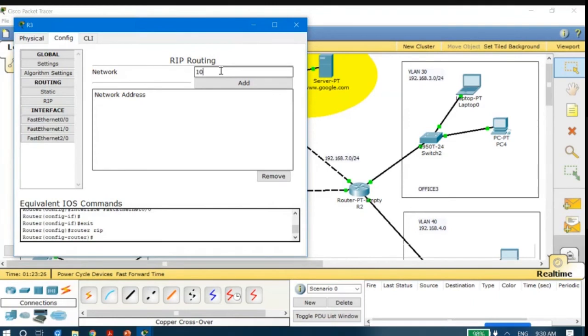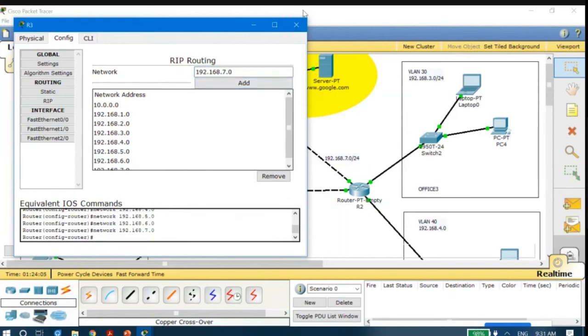Here I will assign the IP addresses: 10.0.0.0, 192.168.1.0, and so on, up to 7.0.